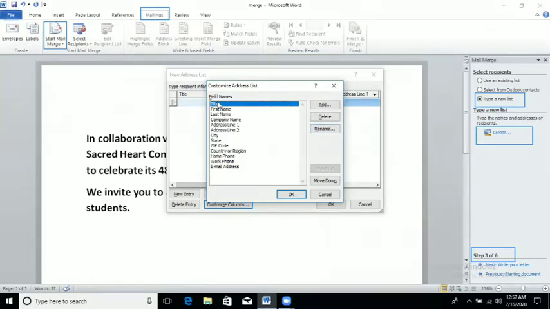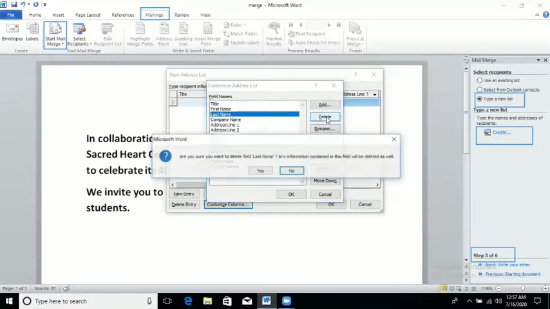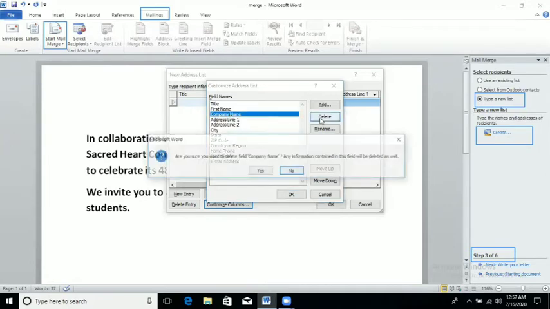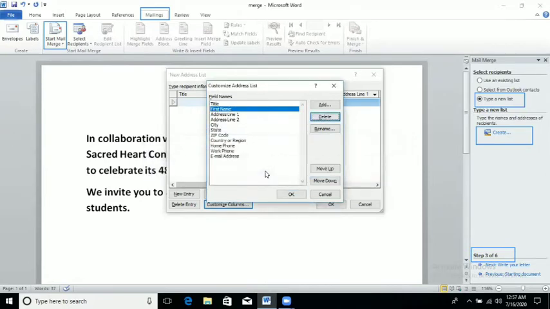For example, if I don't want to take the last name, select it and delete it. Click on the Yes button because I want to delete it. Whatever you want to delete, just go to the Delete option and then Yes. I don't want to write a two-line address, so I'm deleting address line 2.